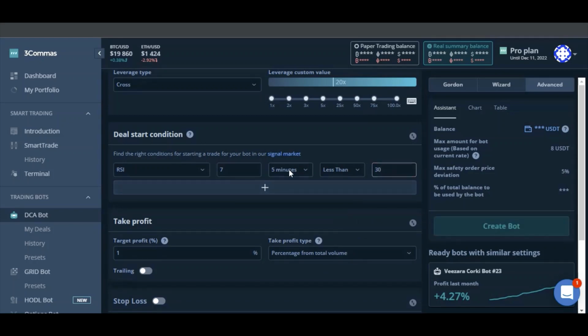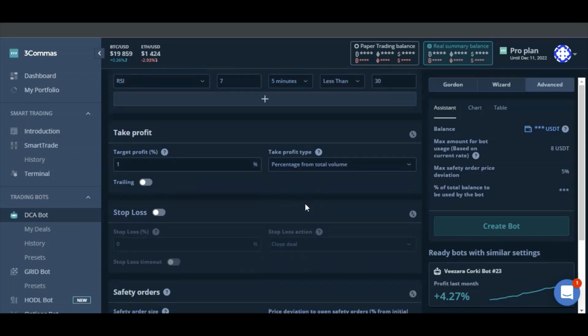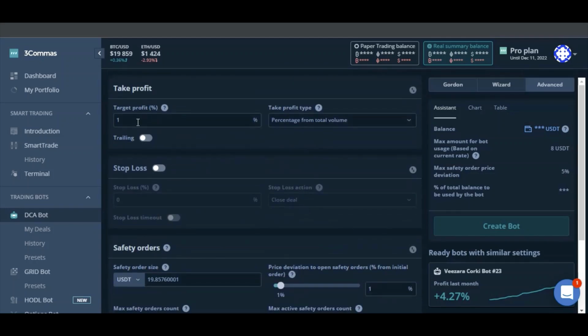So here 5 minutes or any time frame you can select. As the time frame goes higher, the accuracy of the signal is also higher. But for the moment, for this demonstration purpose, I would put a 5 minutes time frame, and take profit, I would say 1% would be okay. And here take profit